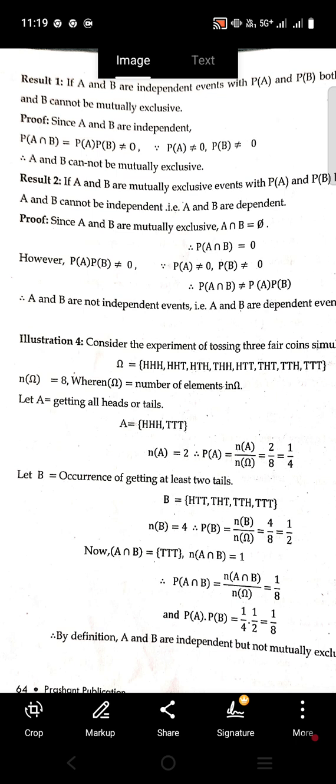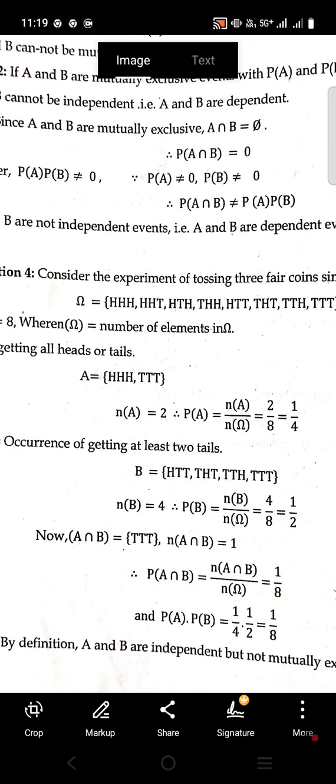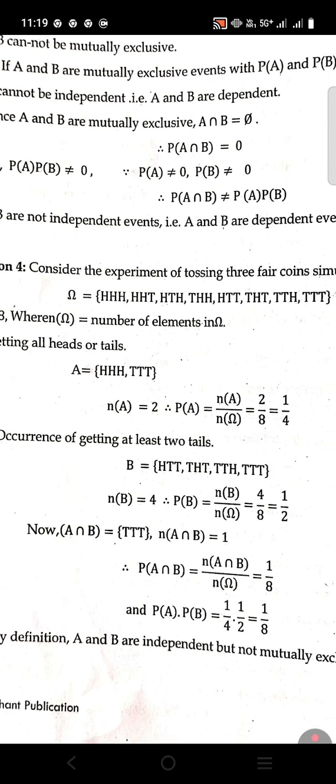Here TTT, that is, A intersection B has 1 element, so the number of elements in A intersection B equals 1, and probability of A intersection B equals the number of elements in A intersection B divided by the total sample space, that is 1 element divided by 8, and probability of A into probability of B